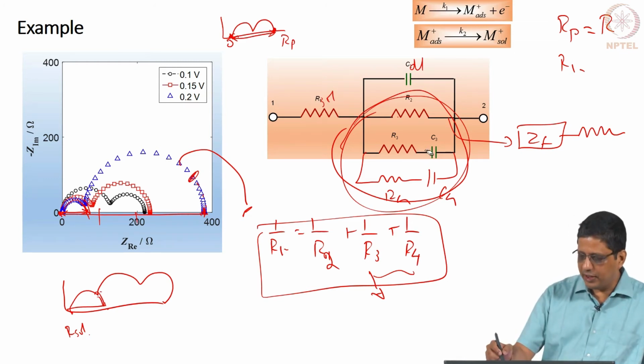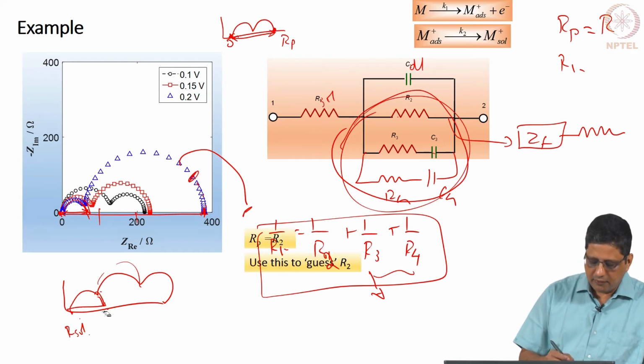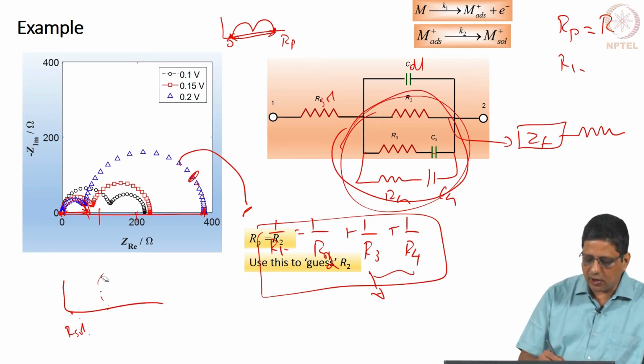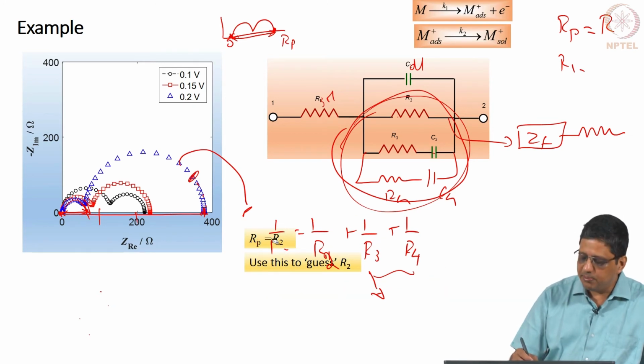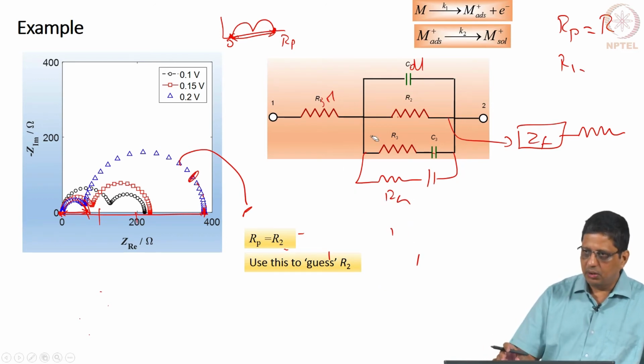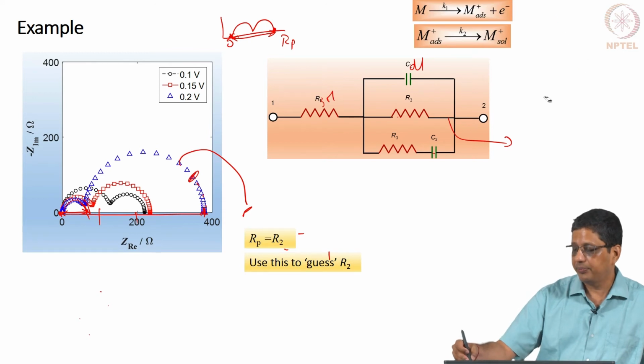Then when you go to lower frequencies, the other capacitor or inductor, whatever that element is, will also show up and it will have a loop like this, etc. Where the first high frequency loop hits the real axis, or tends to hit the real axis, is your estimate of RT based on the data. Now, all these simplifications I can use when the white elements or the Maxwell elements are made up of capacitors only or inductors only. If we use a circuit which mixes up inductor and capacitor, we can't get this simplification.